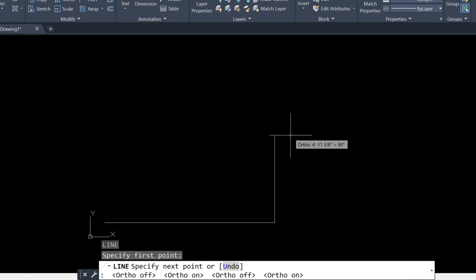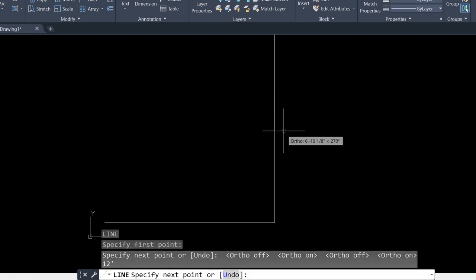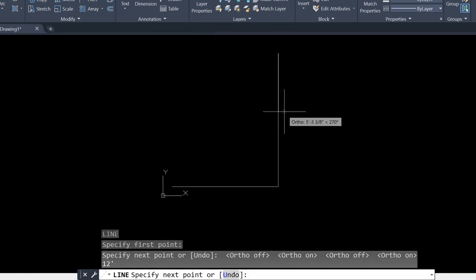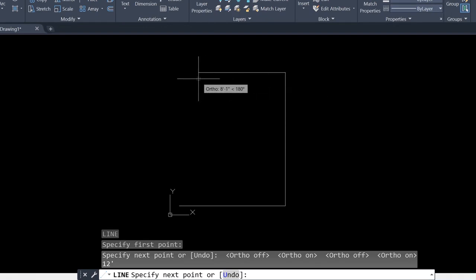So it just toggles on and off. Now I'm going to make sure my mouse is going in this up direction, and I'm going to type 12 feet, and that apostrophe is for feet. Enter. And then I'm going to zoom out using my scroll, recenter that, and let's go back over here 10